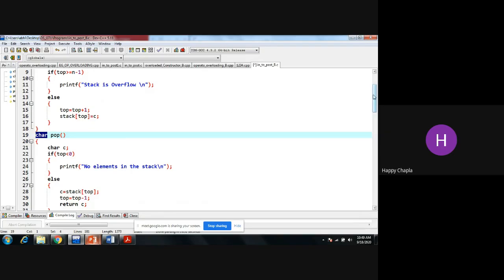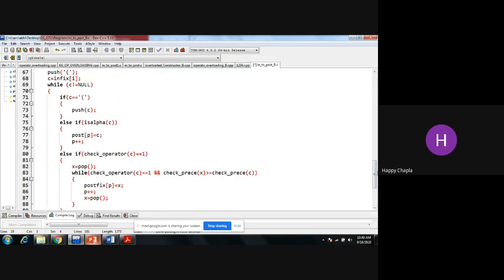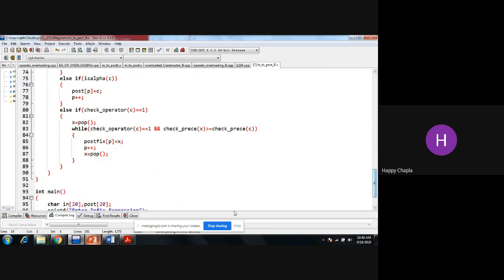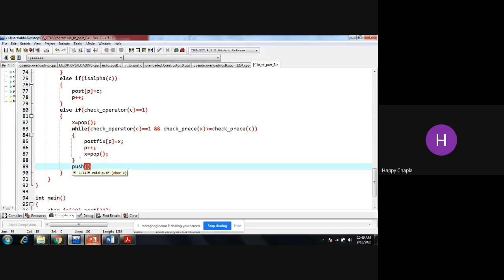So whatever is returned by that pop function, I am catching it into the x variable over here. Okay, after this, whatever value is there in my x, the top of this stack, otherwise we need to push.